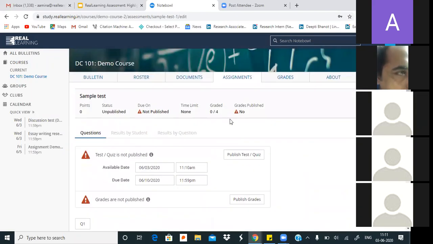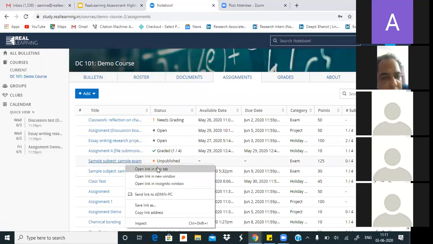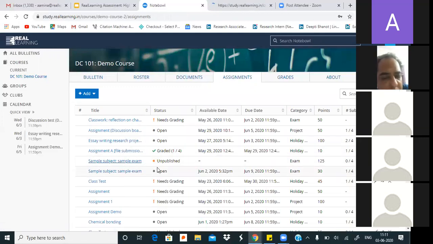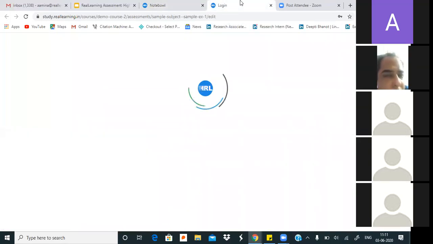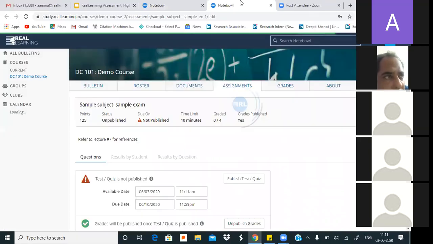Now, I will go back to my assignment tab and pick up a sample quiz that I have already created. Just a small recap, what we have done so far is that we have created a quiz and we are on the question creation screen. At this point, I can always revisit this draft that I have created. I will open up a sample quiz here to show you how teachers actually create a question and what all features are available to them.